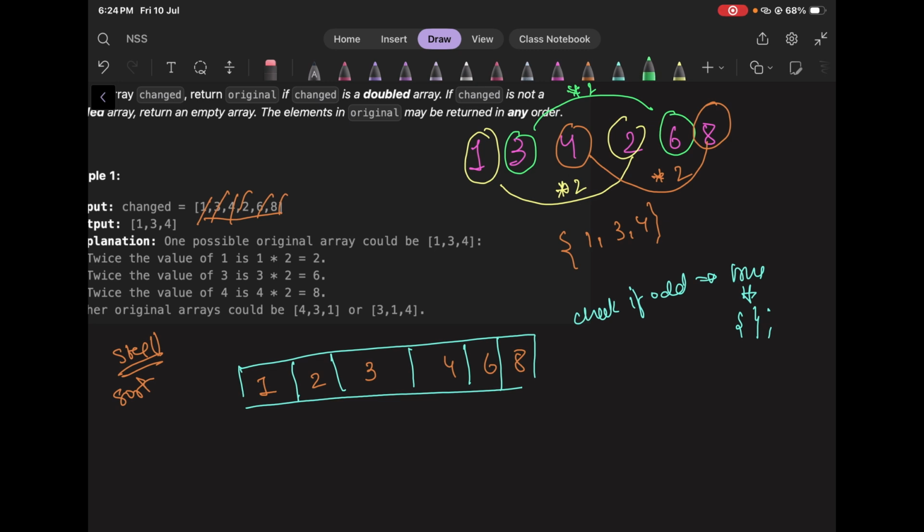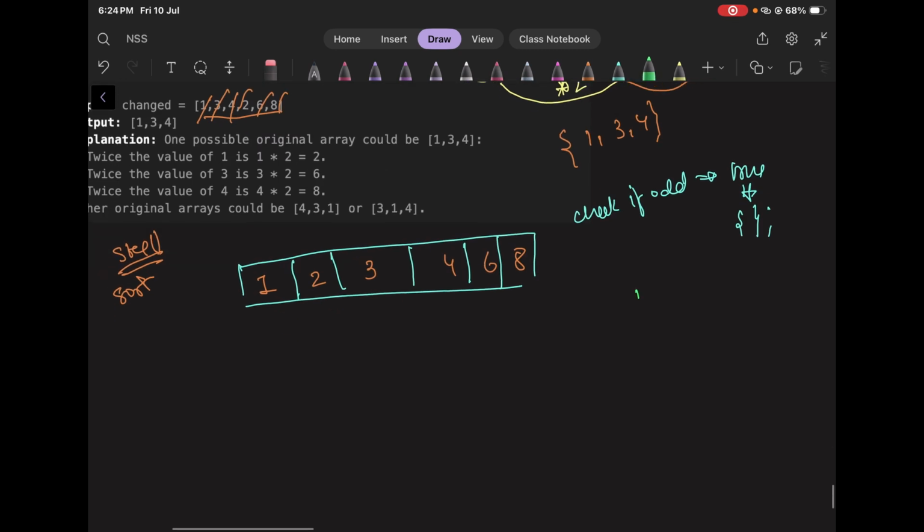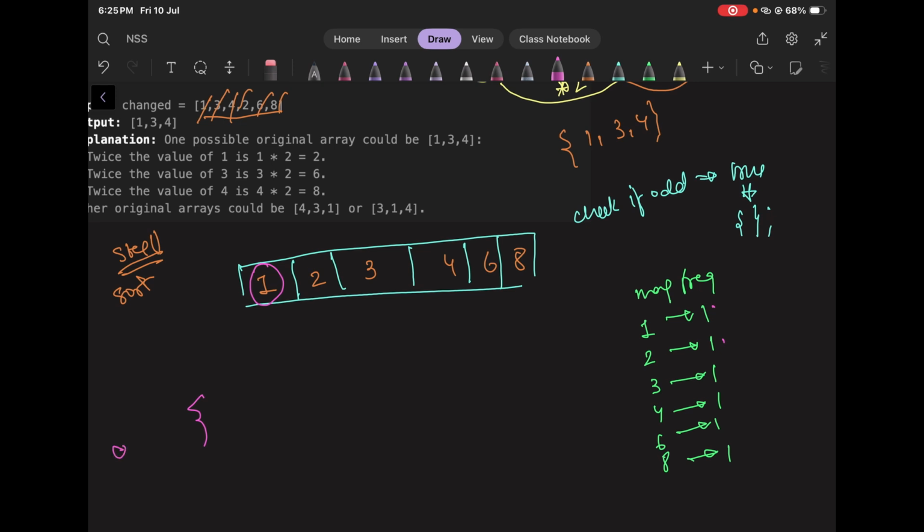Okay, now what I'll do, I'll create a map called frequency. So this is 1 2 3 4 6 8. So 1 occurs once, 2 occurs once, 3 occurs once. All elements here occur only once. So now I go for 1 and ask what's the frequency. It says 1. And I check for the double of 1. So that is 2. So both of these are present. So in my answer, I'll put 1 and put the frequency of 1 as 0 and frequency of 2 as